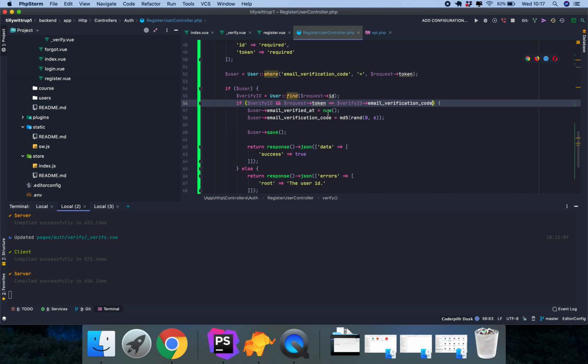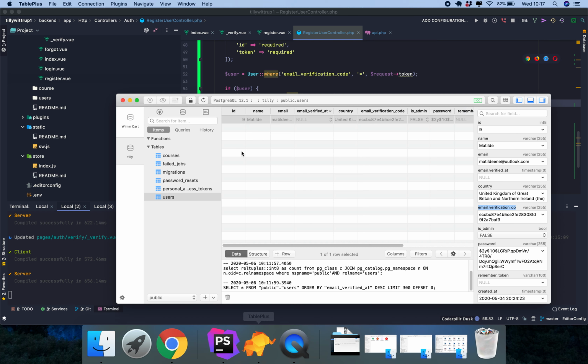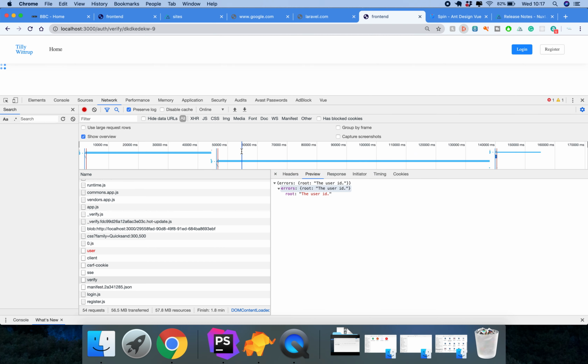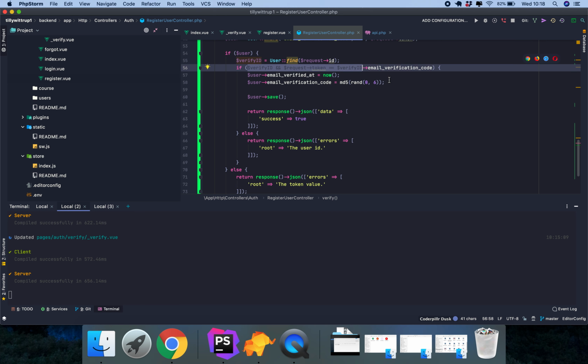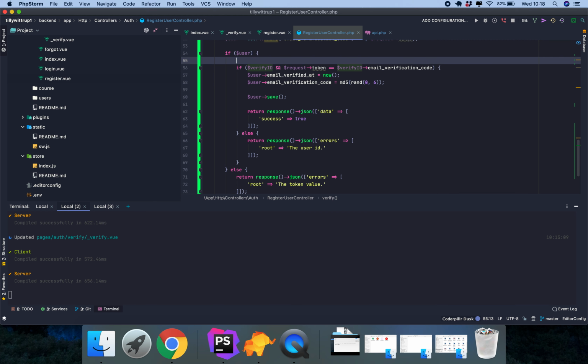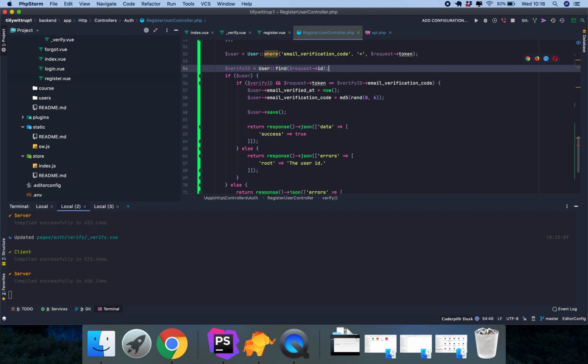Okay, so maybe we can redo this logic here. This says the user ID is wrong, like we have put in 9, but we are obviously checking that the token is equal here, so the issue is actually not the user ID but the token. So if we go in and pass through verify ID here,